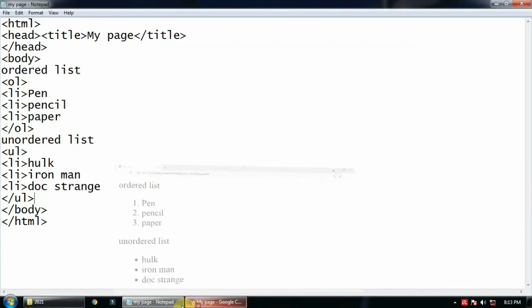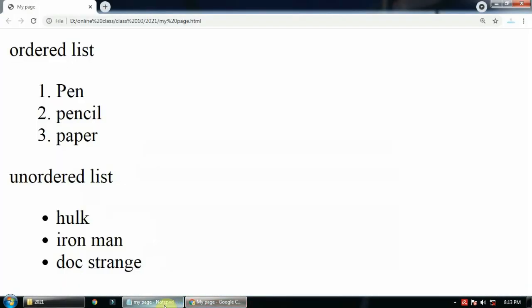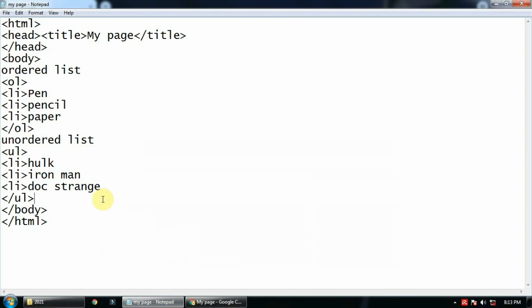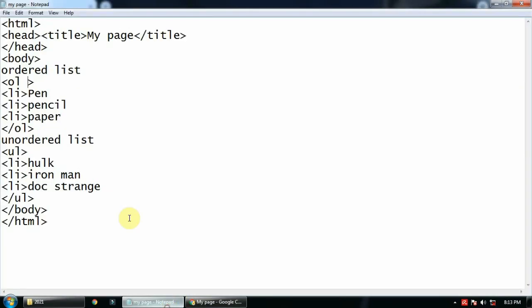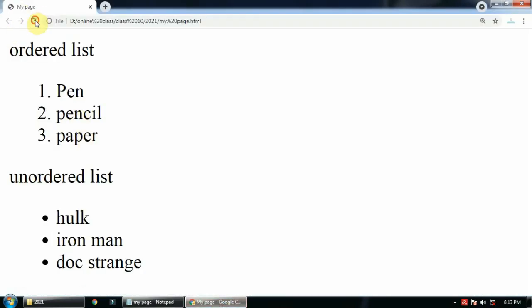Now 1 2 3 you can change in a different way, there are different attributes you can write in OL. By default it will always appear 1 2 3. So for different types, you have to write here type, and here you can write, suppose, small a.